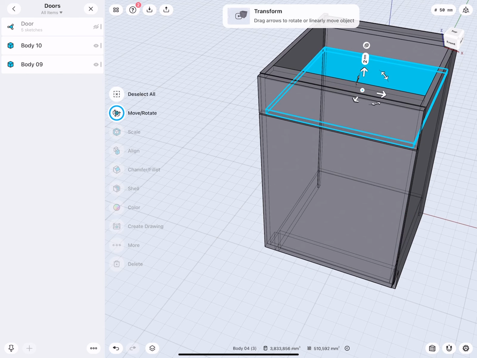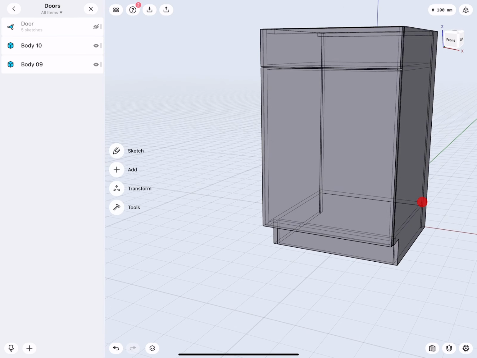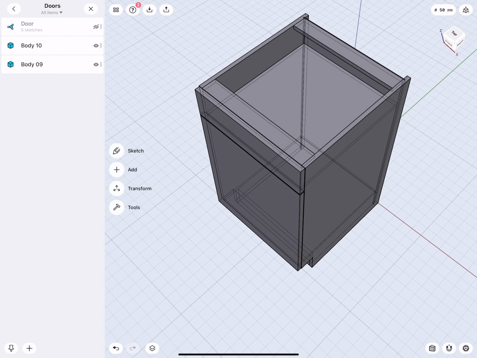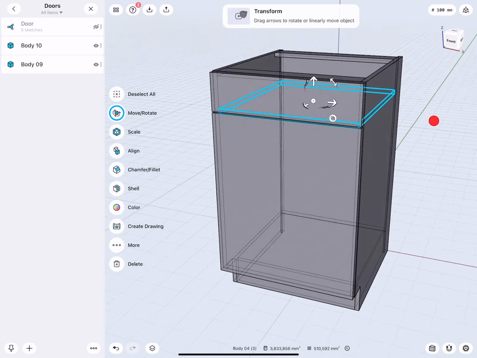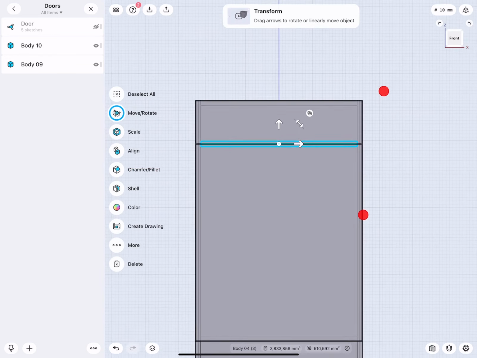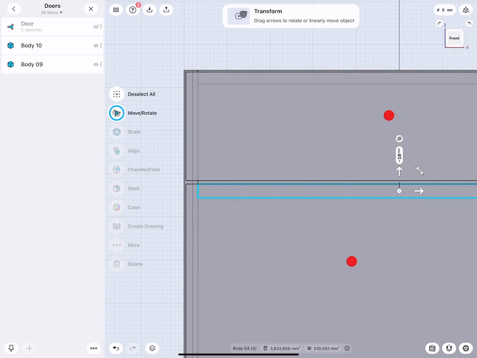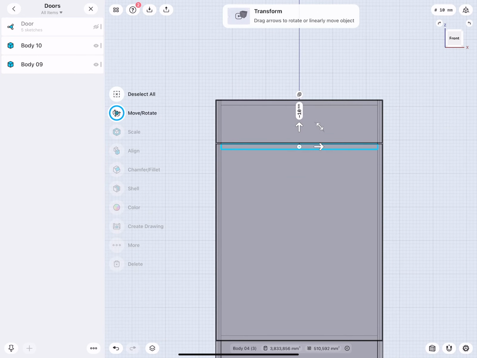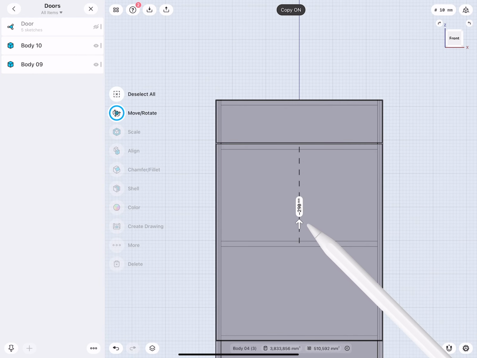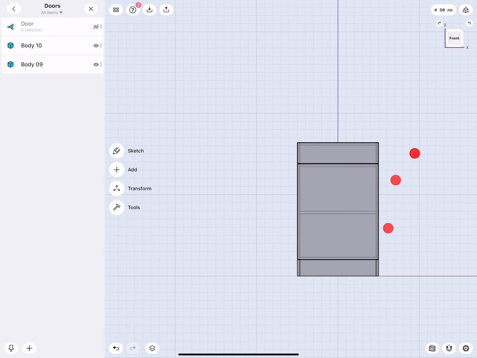With the position of this board, basically I covered up this gap, but I also reduced vertically a little bit of the height of the possible drawer that can go into there. So I can maybe move it and line it up to there, make a copy and move one down to there.